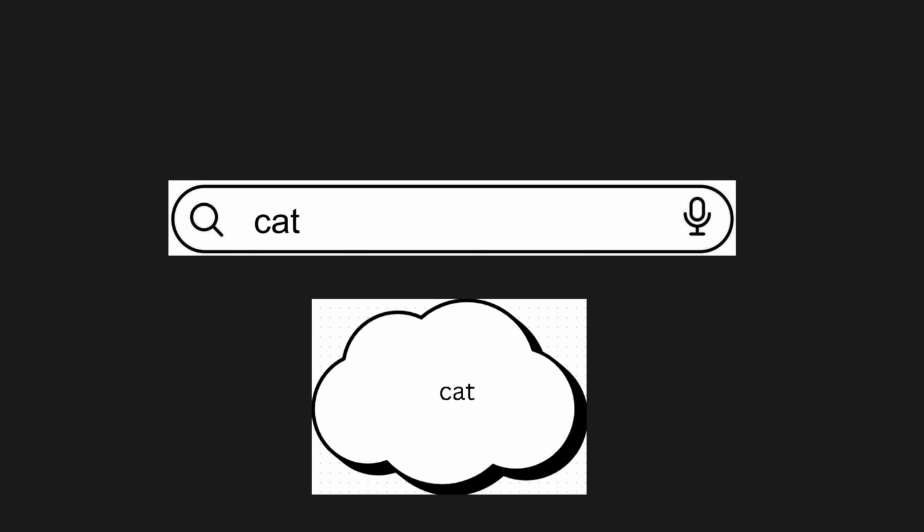Now, in order to implement it, one simple way is every time you type something, just loop through all the words. Check: does the word start with the typed letters? But this is very slow when your word list is very huge. So instead of checking all the words every time, we can build a tree-like structure using the characters of the words. This tree is called a trie, and here is how it works.